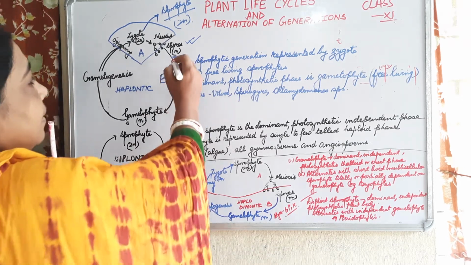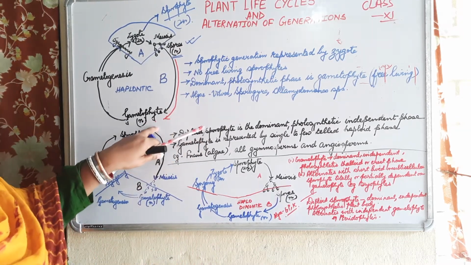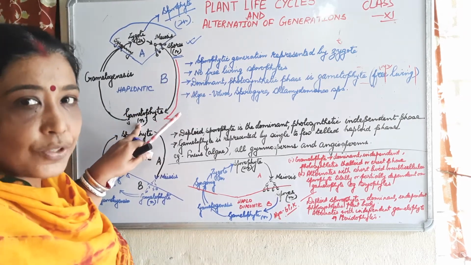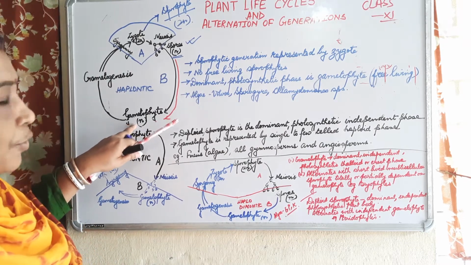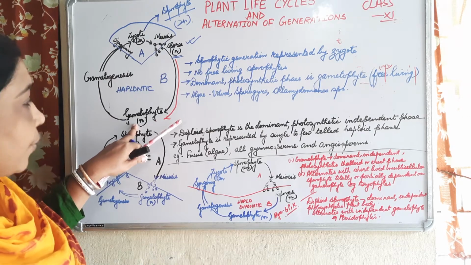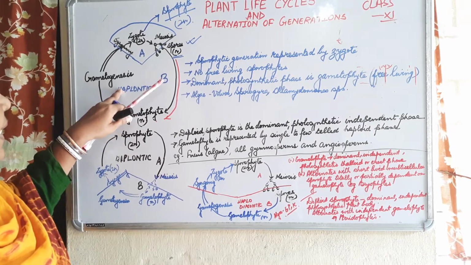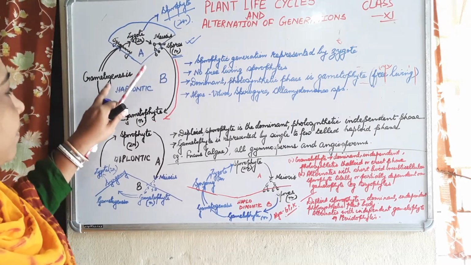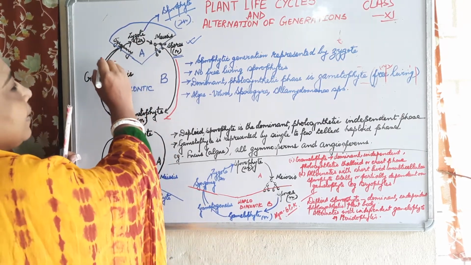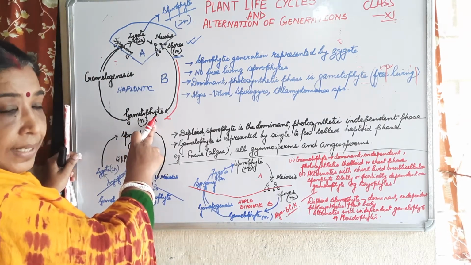Now you see, these spores give rise to the gametophyte. The gametophyte is haploid. This gametophyte, the plant body containing the male and the female reproductive structures, will give rise to gametes. Formation and liberation of gametes will take place, which is gametogenesis. Gametophytes produce the male and the female gametes.